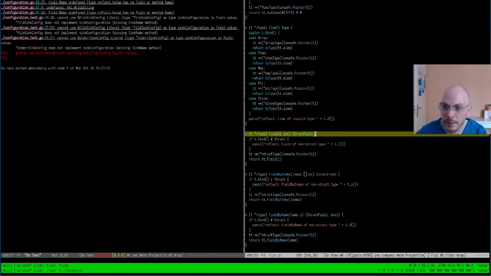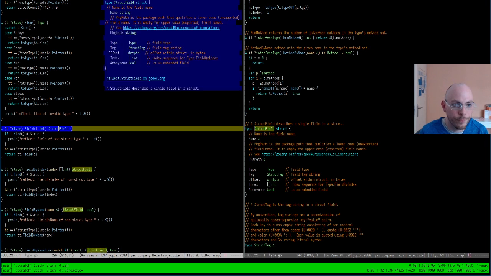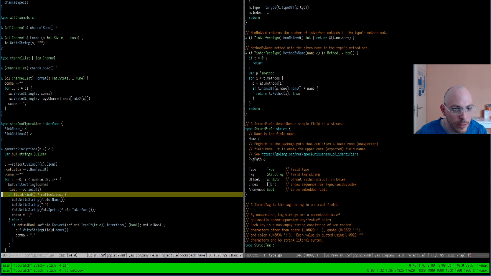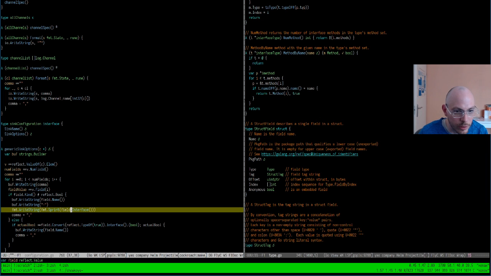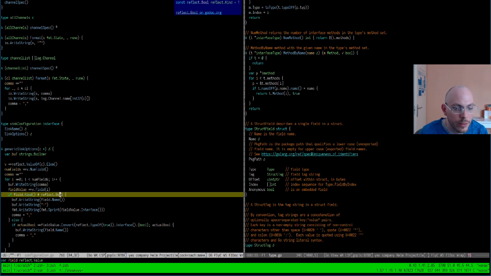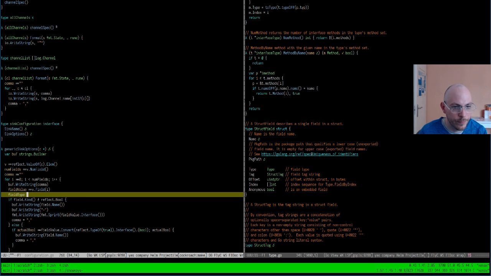Struct field. Look at this. Field has a name. There we go. Okay, so reflect doesn't exactly work the way I thought. So I don't have a field name. What I do have, this field is a value here. Field value is this. Field name is not a thing. So what we do have instead is a field type.